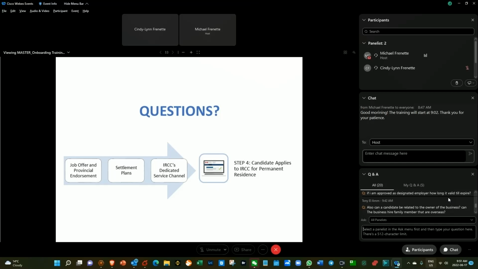I mentioned, yes, the job offer must be a full-time job offer. So it is 30 hours per week. When I said that part-time would qualify, it's only for the work experience. Basically, we're looking for 1 year of full-time work experience, 30 hours per week, or the equivalent, which is 2 years at 15 hours per week. That's only for the job experience. But for the job offer, it must be a full-time job offer.